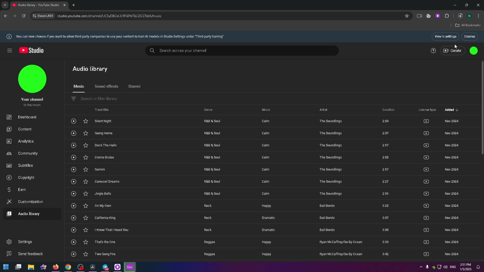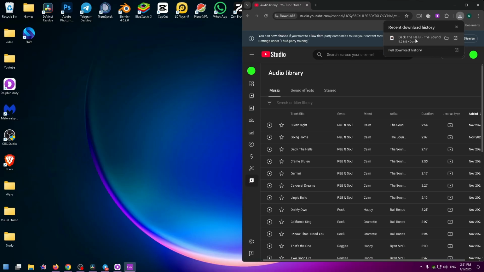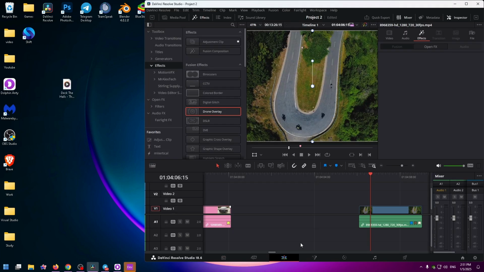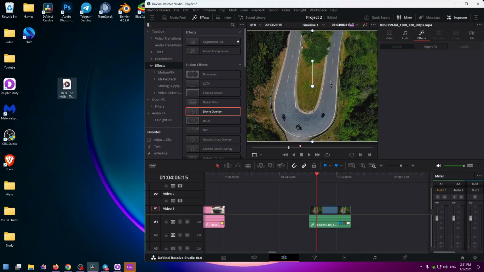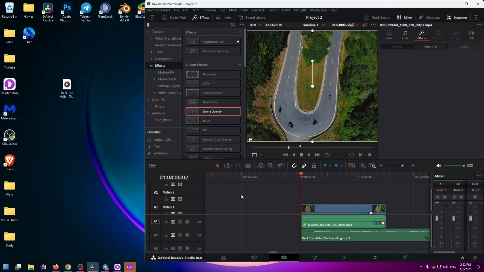Okay, after that, you'll find this song in your downloads history. Let's just drop this music to my desktop. Okay, and now all you need to do is just drag and drop this music to DaVinci Resolve. Well, this is how you can add song and music from YouTube library to your